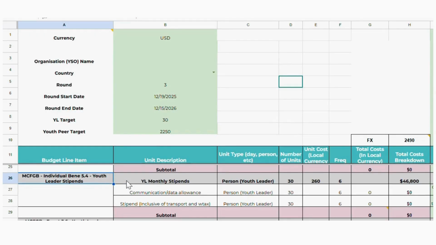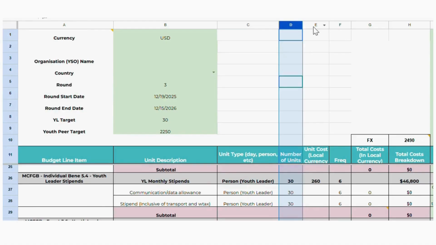At the top of this section, you'll see the header row, where the key data cells are bolded in gray, specifically D26, E26, and F26. These gray bold cells are reference data, meaning you shouldn't edit them. Now, look at cell D26. It shows 30, which represents the number of youth leaders that will be contracted out of 40 YLs that will be trained. It serves as your ceiling. You can plan for up to 30 youth leaders, but not beyond that.